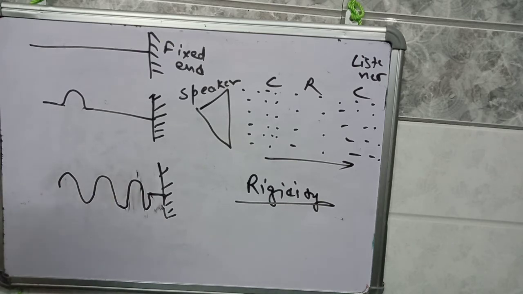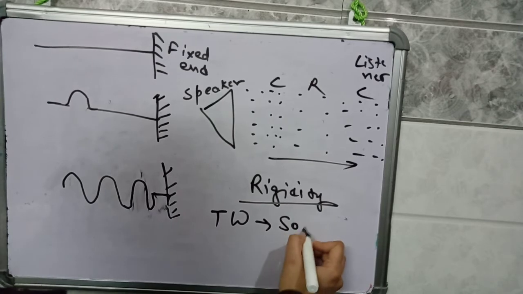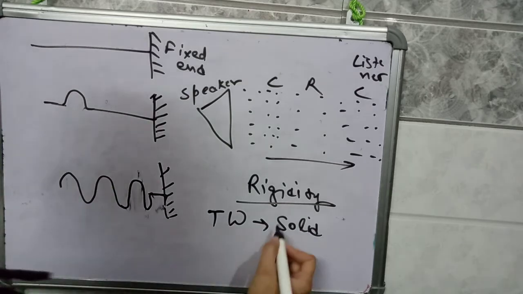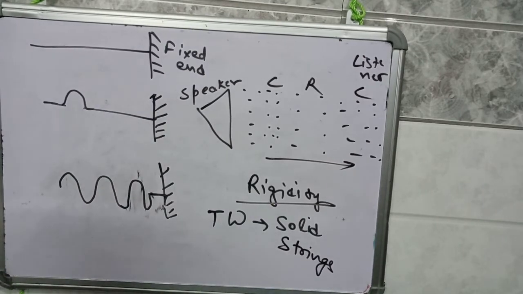For example, solids and strings can sustain shearing stress. So transverse waves can be formed in solids and strings. Transverse waves can travel through a solid medium, for example an iron bar, wood, or copper. Also in strings, for example strings of a guitar, transverse waves can travel, but not in fluids, because fluids